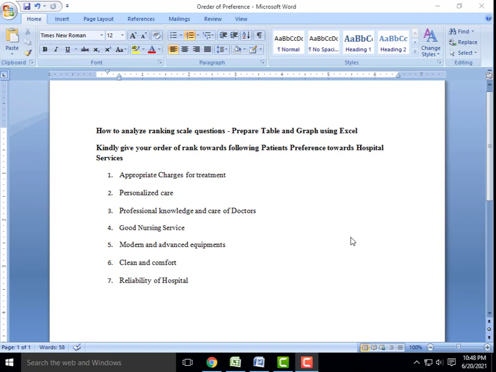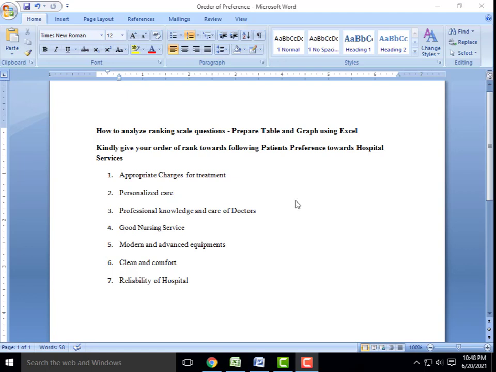Now we are going to discuss how to analyze rank scale questions using Excel. Here we have 7 variables used to measure the patient's preference towards hospital services.